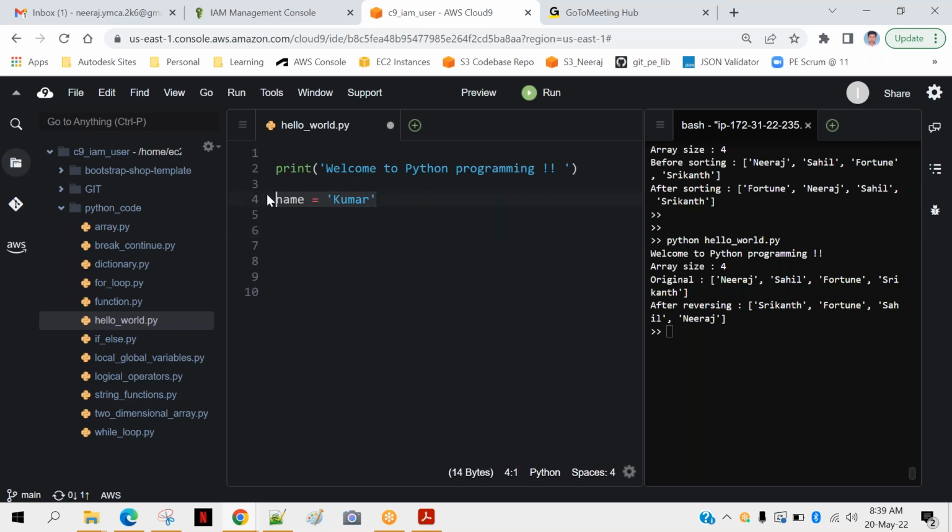I will show you. I will put details equal to, I will provide some details like name, Neeraj. Okay, next detail is, suppose, 32, and next detail is, suppose, your technology, AWS. This is a one-dimensional array because my first detail is name, second is age, third is technology. But I want to maintain similar details for multiple people. That means array of arrays.